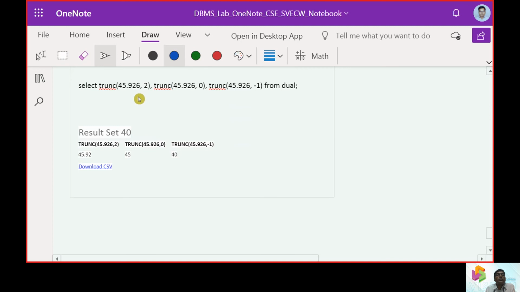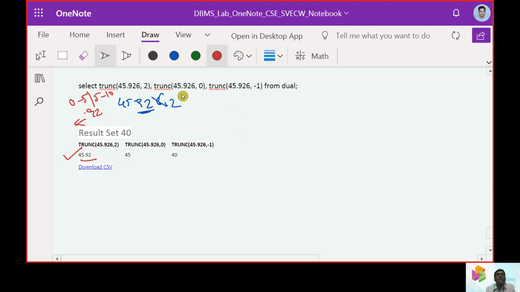45.926 when it is towards the 2 position. 45.926 comma 2, that means we need only 2 positions, the rest is ignored here. So we will have between 0 to 5 as one scale, 5 to 10 as another scale. So it is 0.92, it is lower, so we will be getting the same value as 45.92.